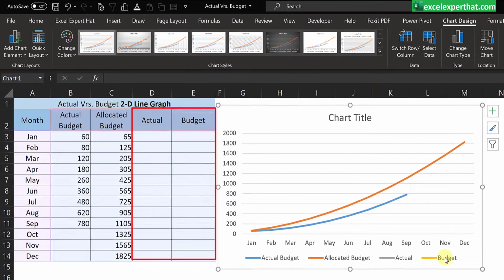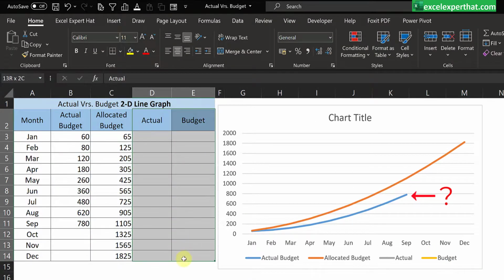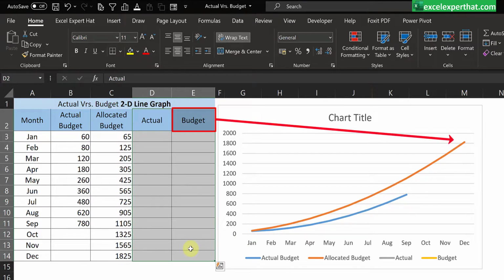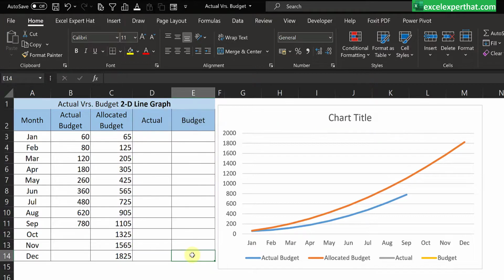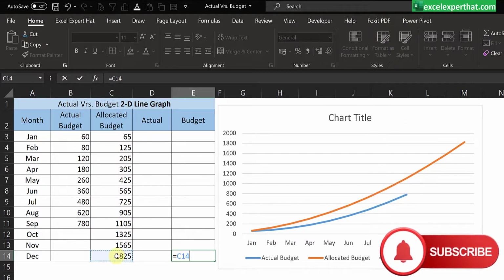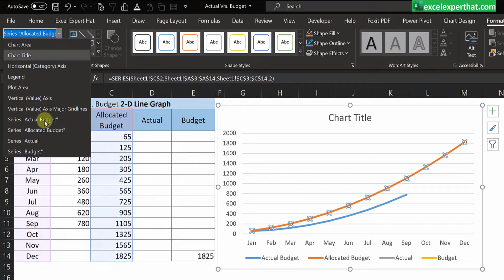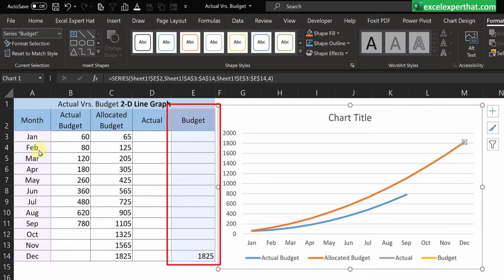So how can we utilize these two columns to show which line is for actual and which one is for budget? For the budget one, I just need to give the last value, because your budget is always built up at the beginning of the year or project. I will just click enter. With this line, when I select it, I will go to Format and select the particular budget, which is the yellow one displaying here.